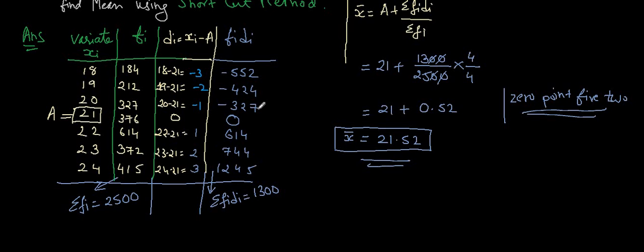So this is the way we do the sum. It is pretty simple. Knowledge of multiplication, addition, subtraction, and division is required. So this is the shortcut method, also known as the assumed mean method. I hope you understood. We will see one more example or the exercise in the next episode, but I still have one more method for finding the mean, that is the step deviation method. So in the next episode I am going to work it out with the step deviation method.